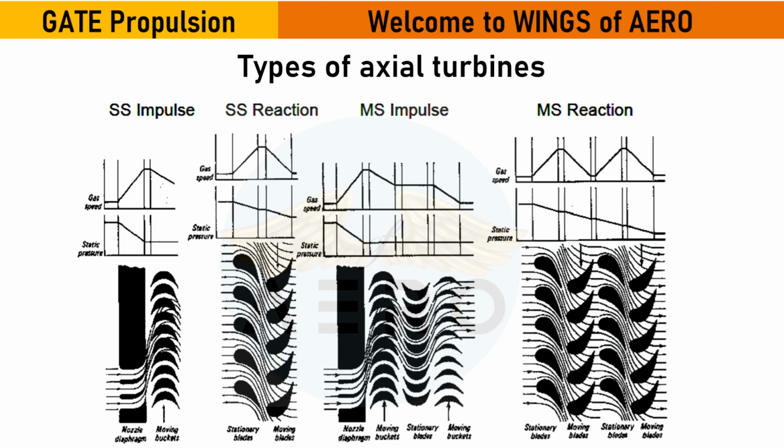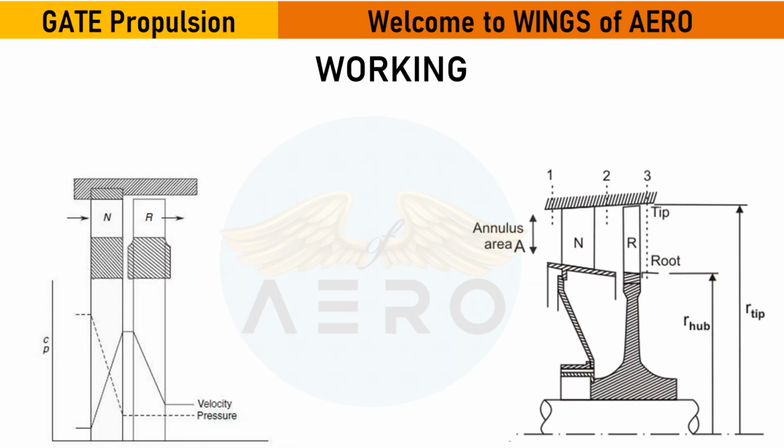Fine. So these are the things you have to study, right? There can be a question: if it is a four-stage, choose the right figure among these. If it is a two-stage, choose the right figure among these. So there is a high possibility. Understand this figure which I have already explained. Fine.